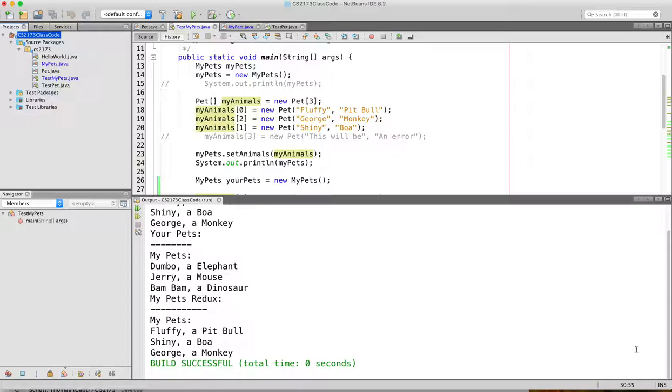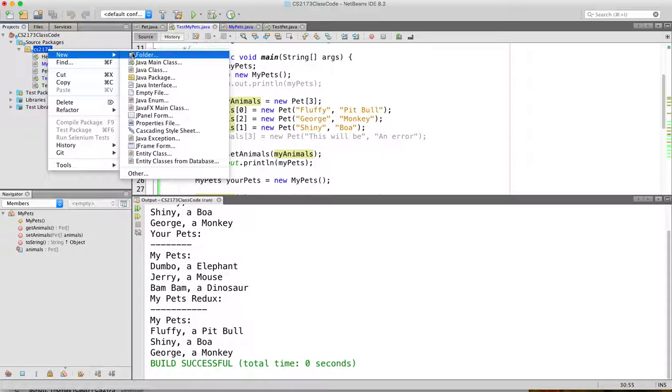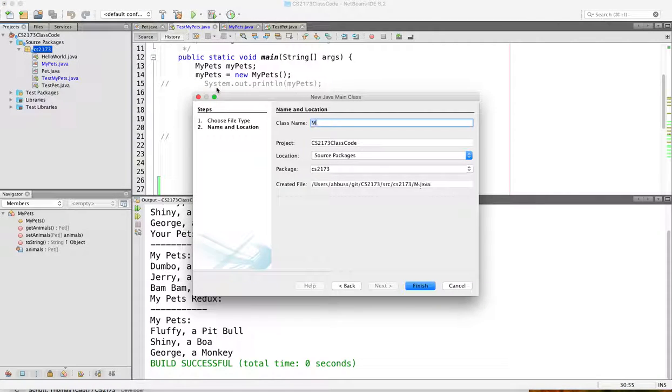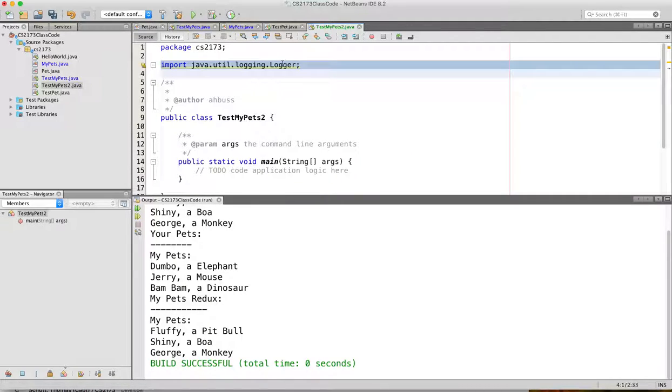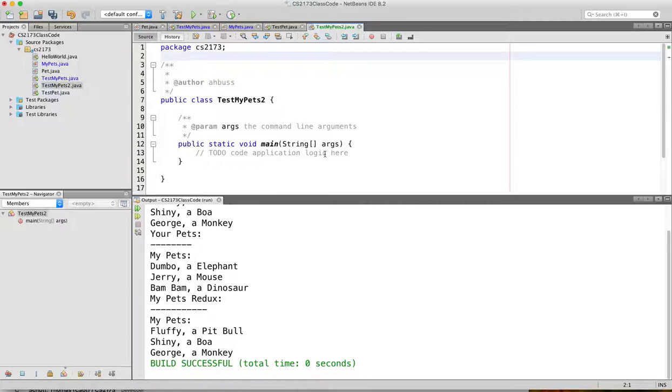So now, let's see, what was the next thing I was going to do? Oh, yeah, the next thing is, this may seem a little odd. Okay, so I'm going to create another one. And if you see these logger things, that's just something that I use when I'm actually developing. All right, so what I want to do now is